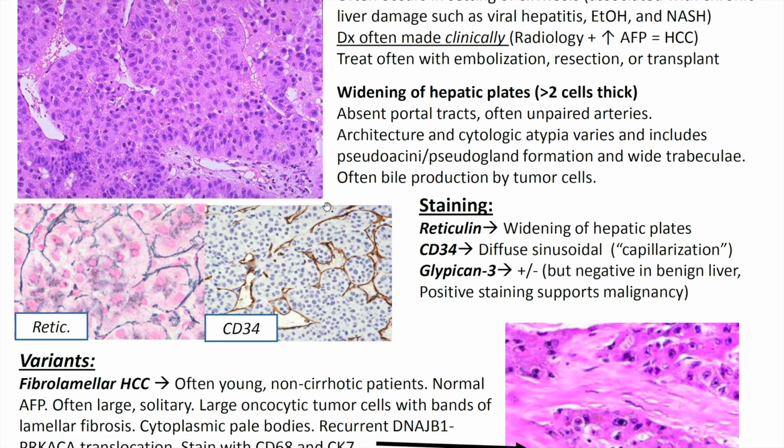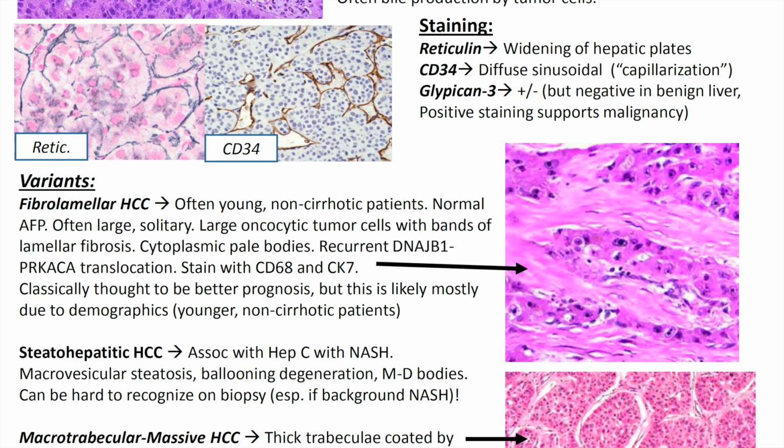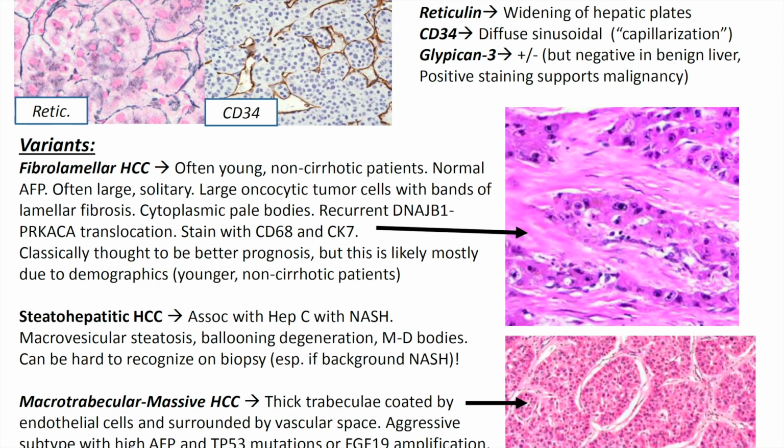So IHC can certainly be helpful when you're working up a hepatocellular carcinoma. So what IHCs could we get? You could get a reticulin that would show widening of the hepatic plates. You could also get a CD34 that could have diffuse to sinusoidal capillarization, which is what we're seeing here. The CD34, which we know stains endothelial cells, but you would see this pattern in a hepatocellular carcinoma, unlike in benign